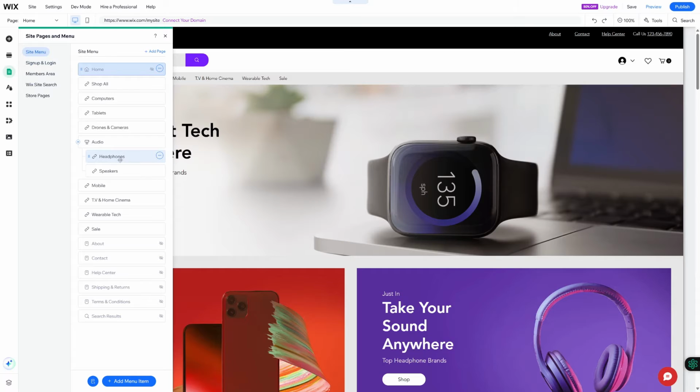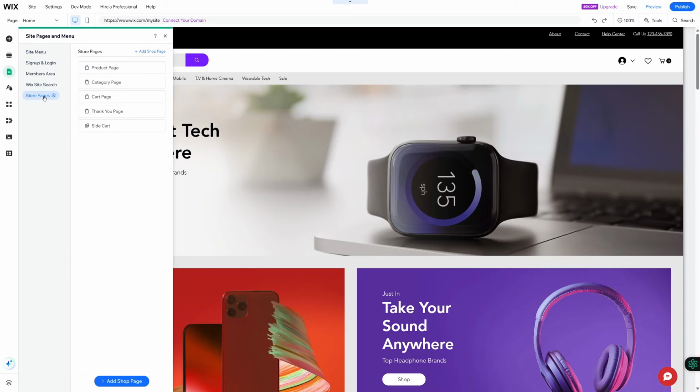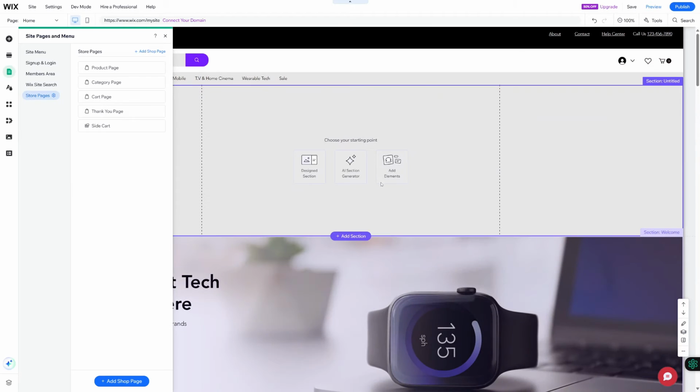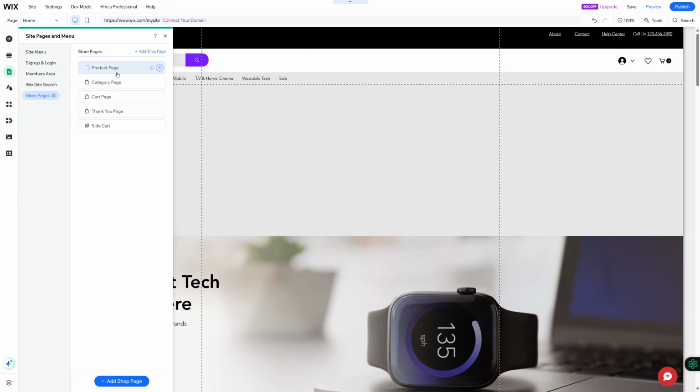Whatsoever you would like to incorporate, you can do that. Let's just say you have sign up and login, or we have store pages. If you want to add that, you can easily incorporate that here. So you can see you can add a section, and in that section you can drag and drop your different stuff. Since you want to incorporate a menu, you're going to be needing to add